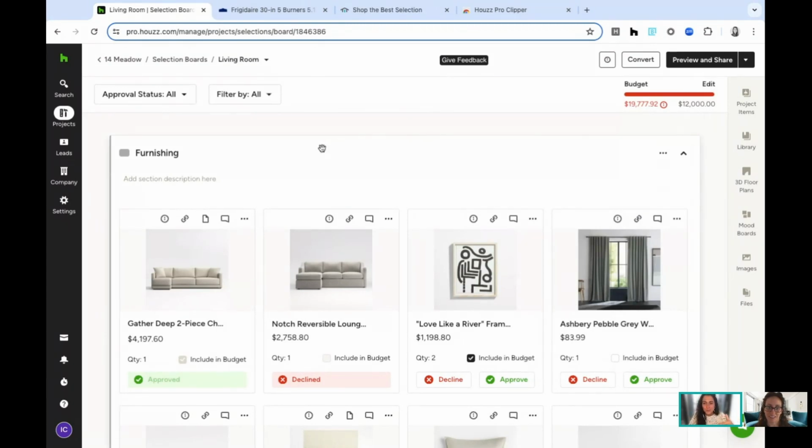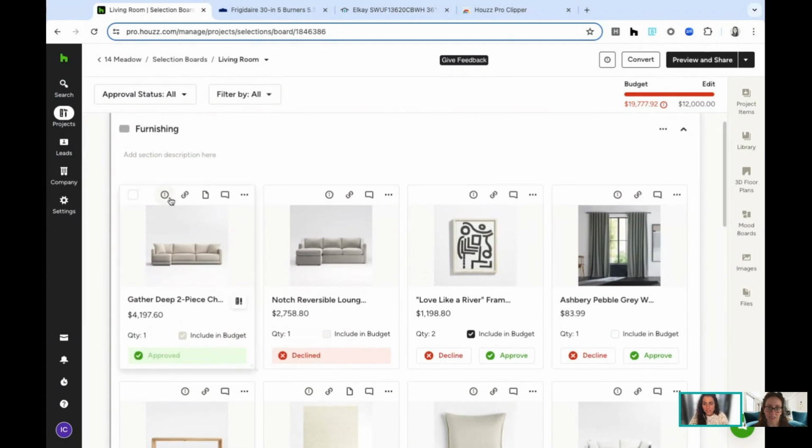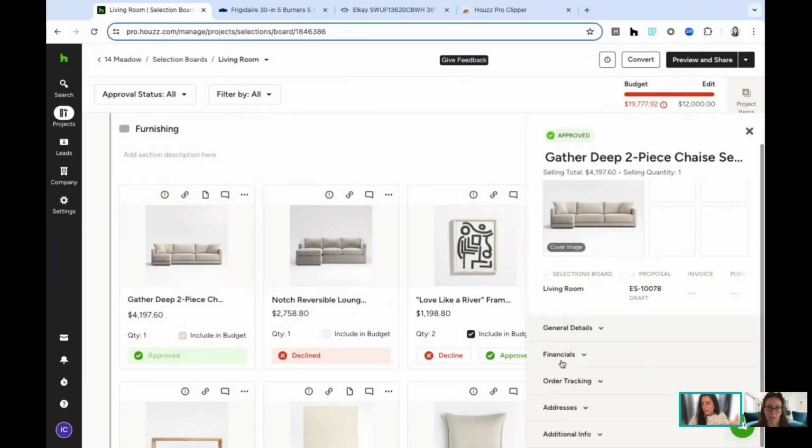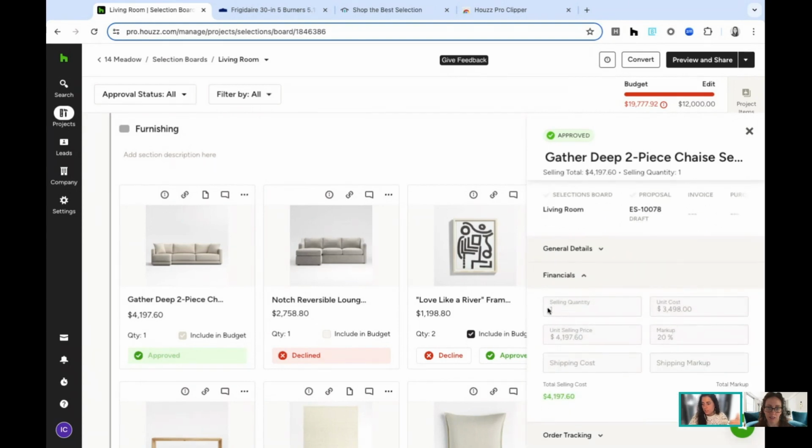Or if you want to change the quantity of an item, you can go to the item overview, go to financials, and change the quantity here. Now, this item is already approved, so I cannot change anything. But usually this is where you would change the quantity. The reason